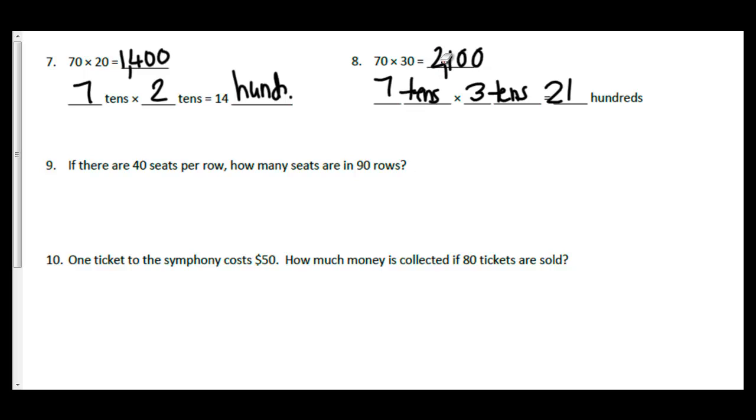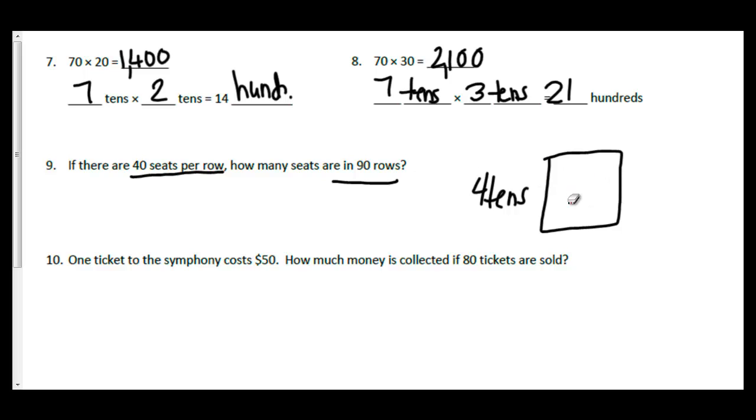Okay, so now we're given an application problem. If there are 40 seats per row, how many seats are there in 90 rows? So I'd have 4 tens, or 40 seats, going this way. And then if I had 90 rows, 9 tens, that would be 36. So 30 times